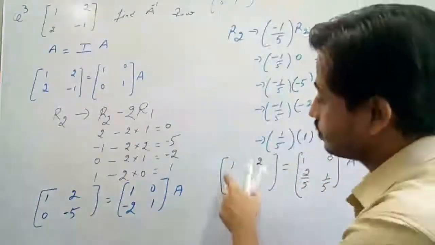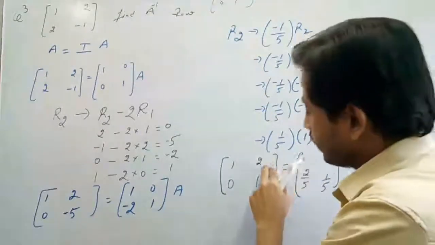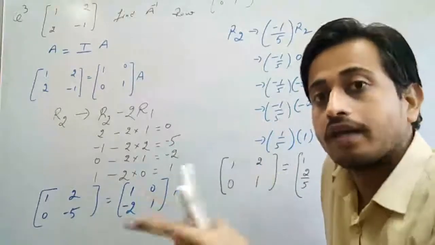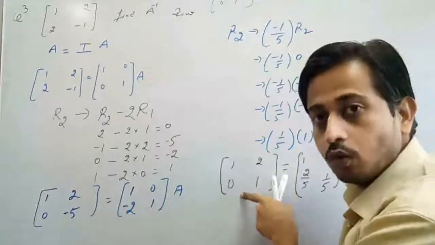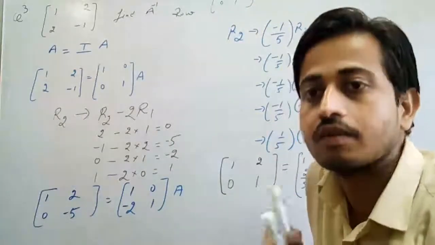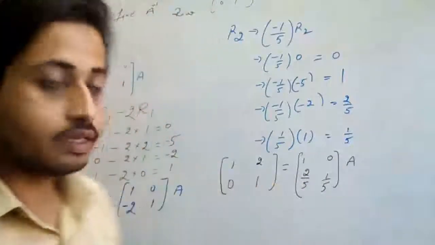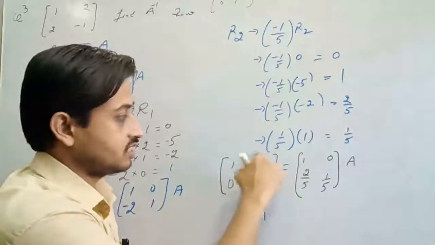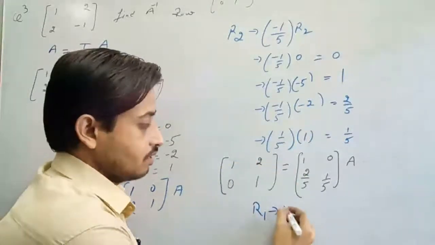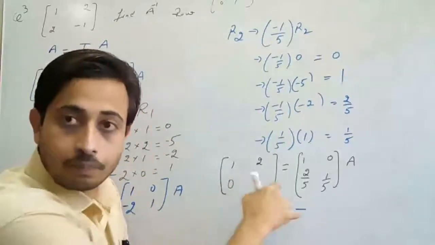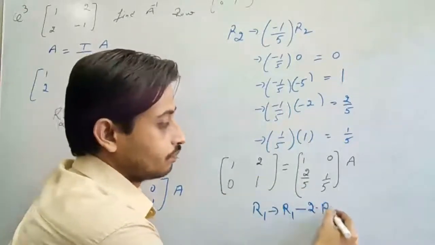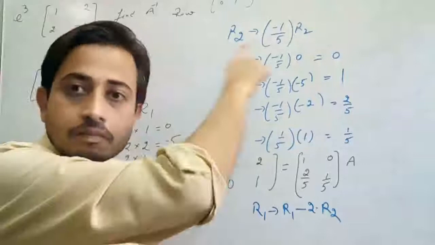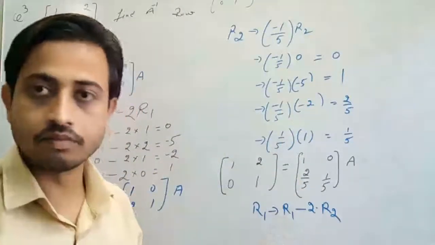Now what do we have to do? We get three elements 1, 0, 1. Now we have to make the 2 into 0. How will we get 0? 2 minus 2. It means we have to multiply this row by 2 and subtract, 2 minus 2 becomes 0. We are applying an operation on R1 because we have to change this element. This is R1, R1 minus 2 into R2. Please make a note first, then I will rub this calculation.